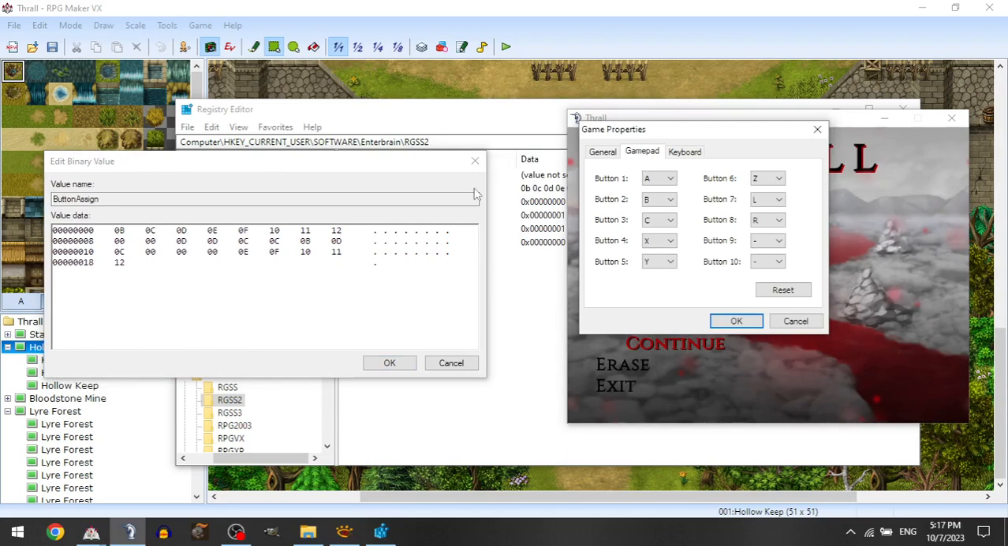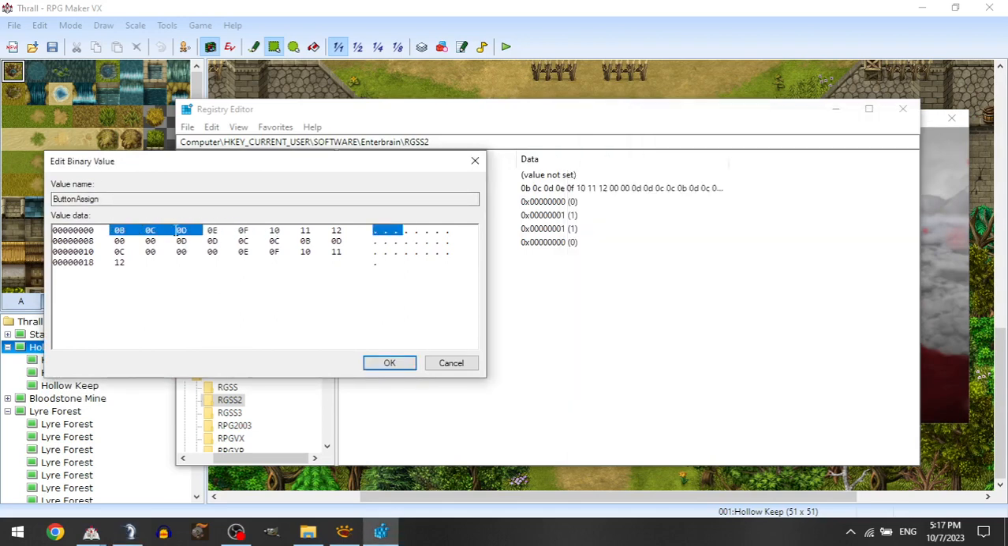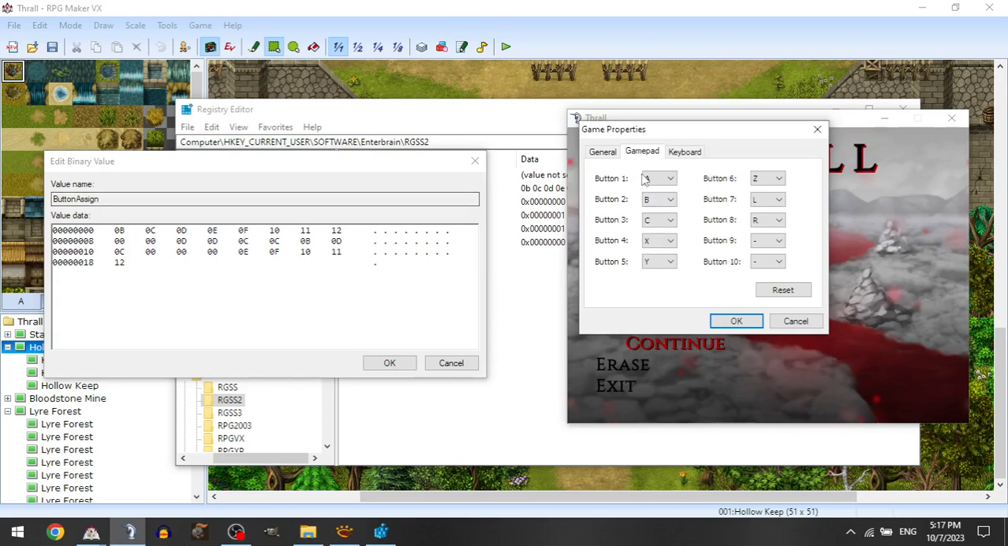So you can see the first 10 keys should translate to the first 10 buttons on the Gamepad tab. So A would have the key 0B, B would have the key 0C, C would be 0D, X is 0E, Y is 0F, and I'll explain that a little bit further by making the first 5 of them all B,